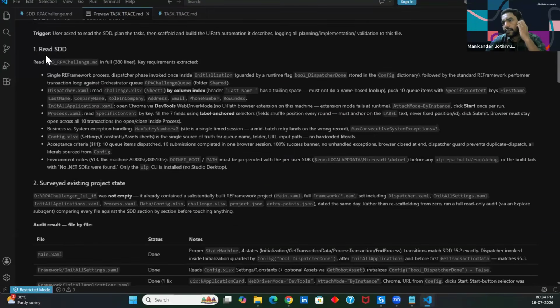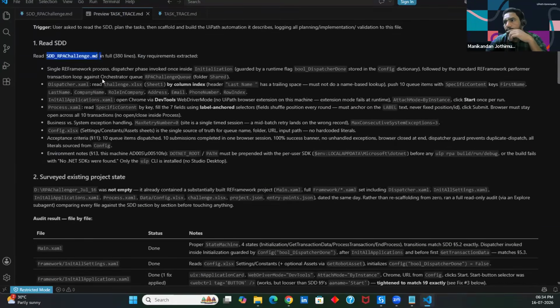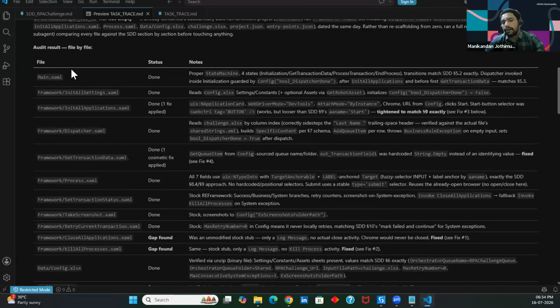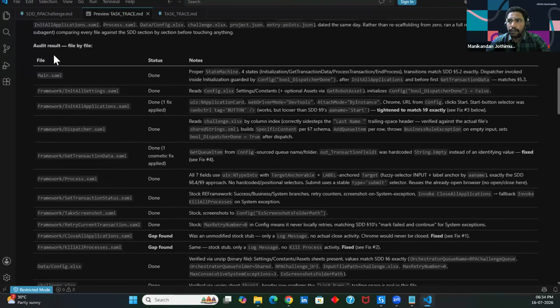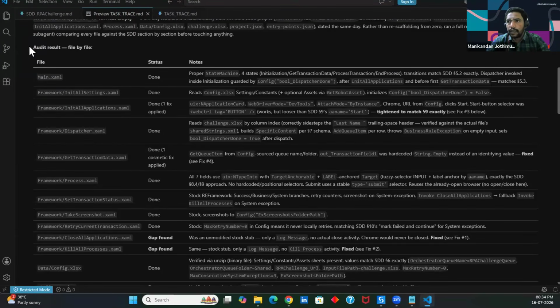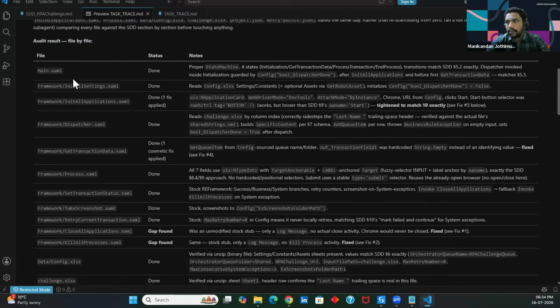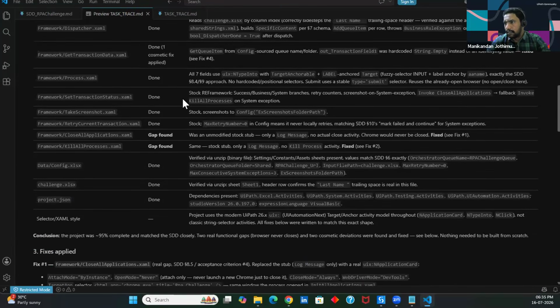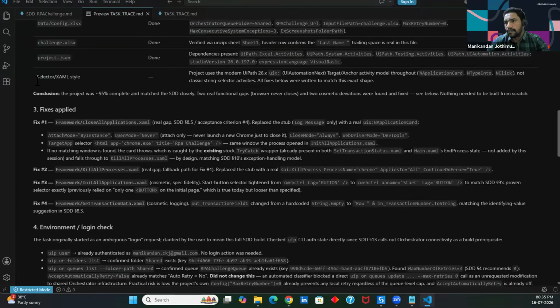So here, if you will see, it's reading the SDD, then it is fetching all the YAML files. See, this is what I was telling you as we speak, right? If you enable your planner mode, it will give you the complete audit result. What are all the files there were, what is the status, what are all the things it has done, what are all the changes it does, what are all the fixes